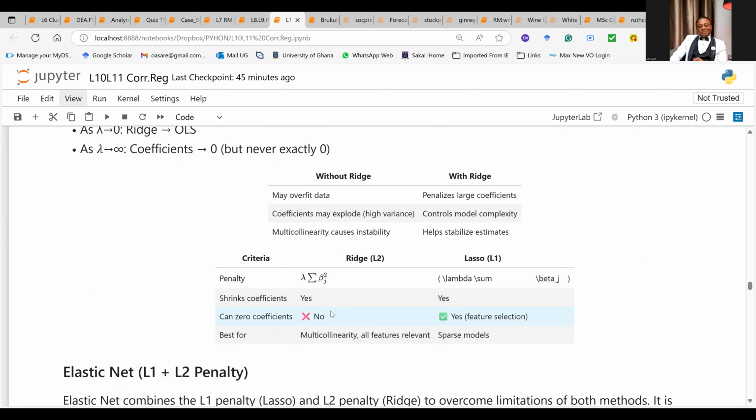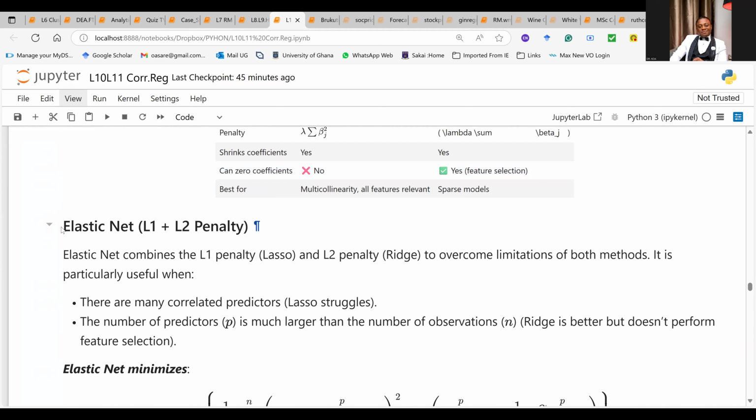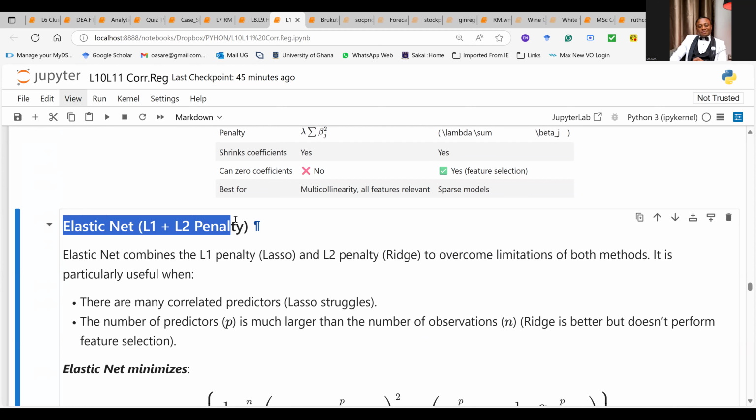So I've already given you the lasso and the ridge regression. And I quite remember that we also went through the elastic net, which introduces two penalties, the L1 regularization parameter penalty, and then the L2 regularization parameter penalty. So we worked on that.